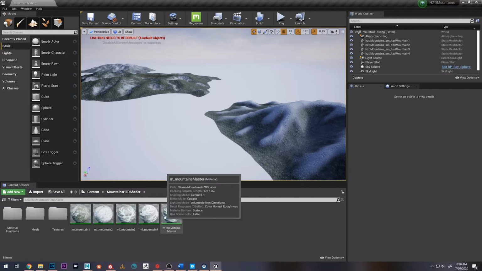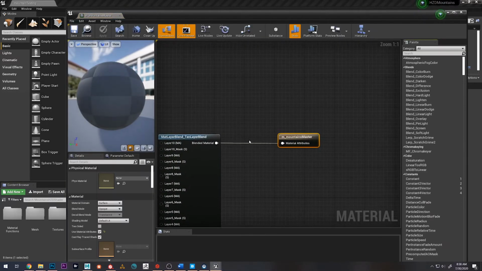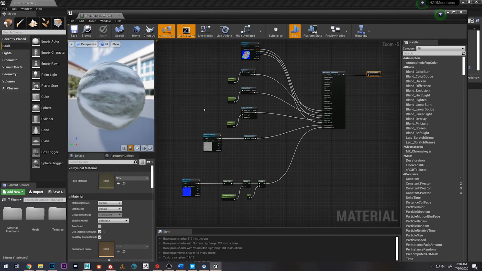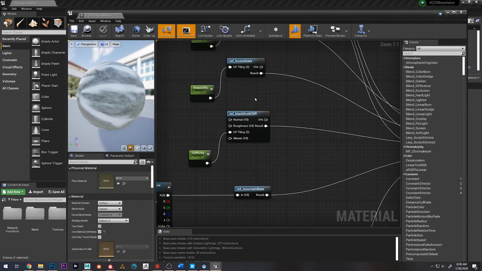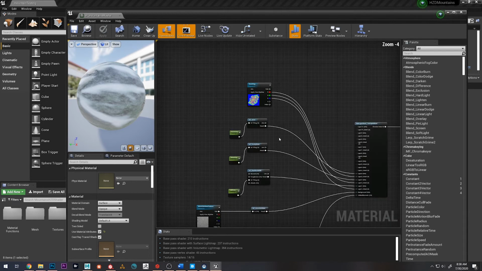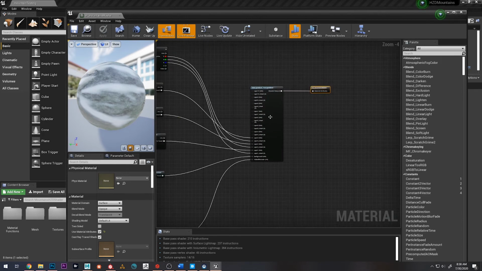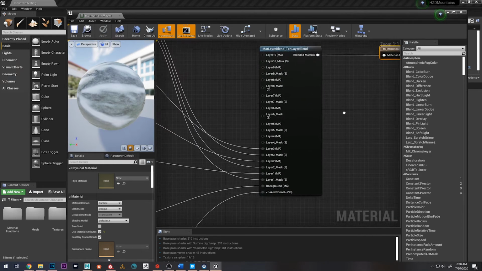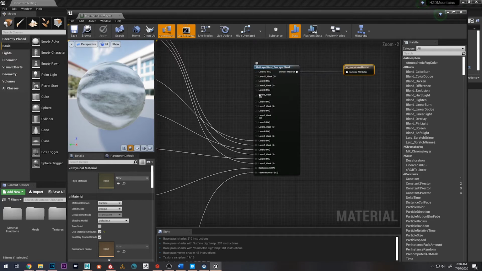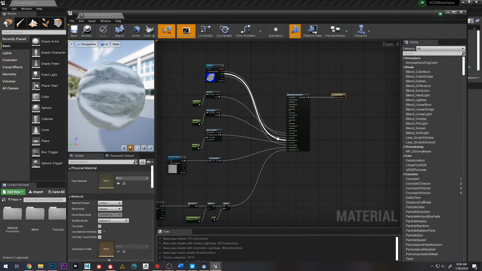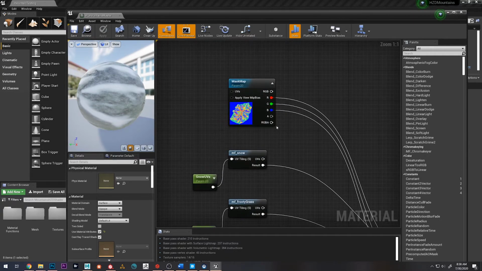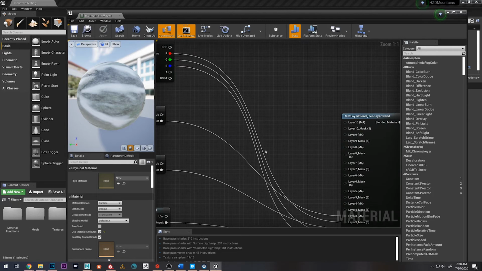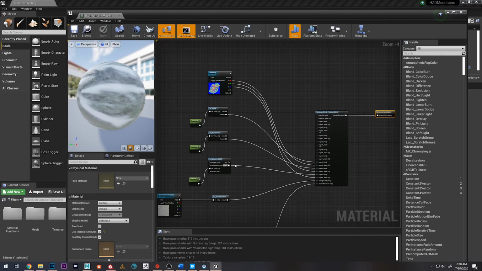So I have this master material, and what it does is it takes these individual material functions, and then it blends them together with this matte layer blend material. You can get up to 10 materials that you want, and it uses this mask map to basically blend the several materials together, so that way you can get something great. And